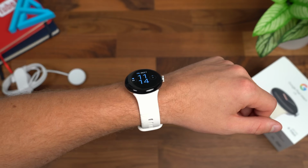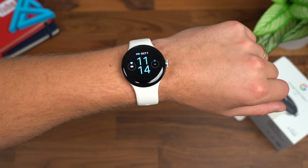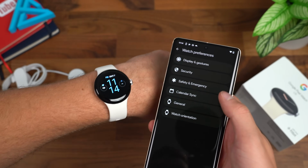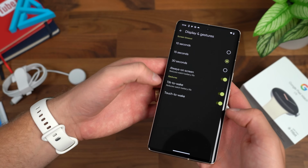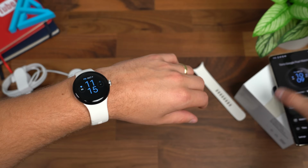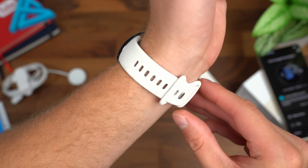I always have the always on display. You'll see how dim it kind of gets. And then if I turn it, it'll get a little bit brighter. So for me, always on screen is something I always want in a smartwatch. Security, so that seems to be all the gestures that you can do. Security, calendar, sync, general. Anyways, let's set our Pixel to the side here and just take another closer look